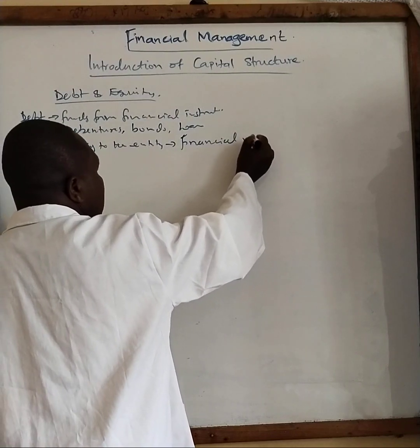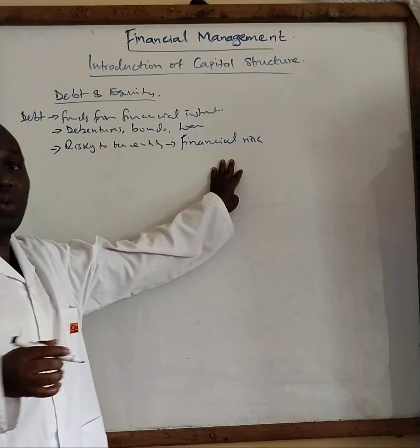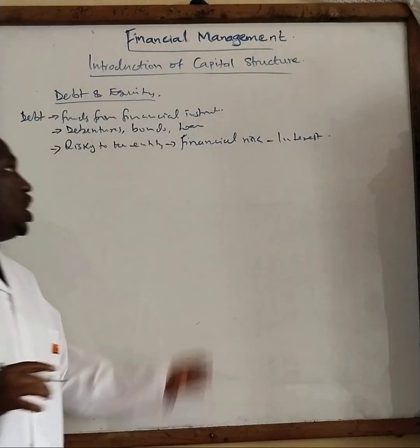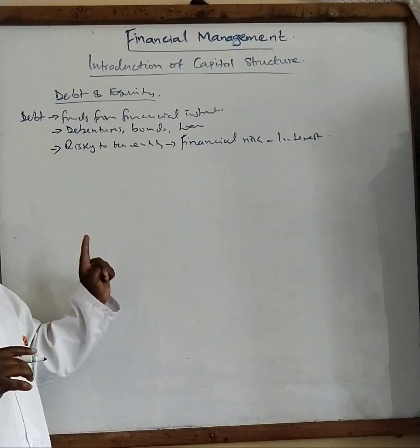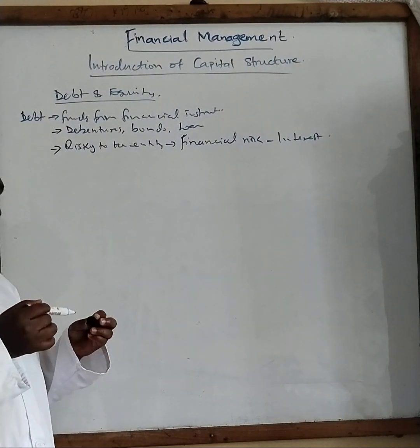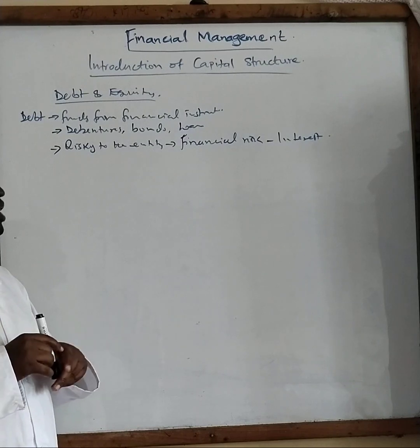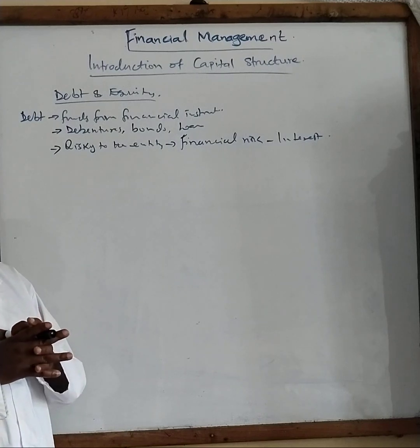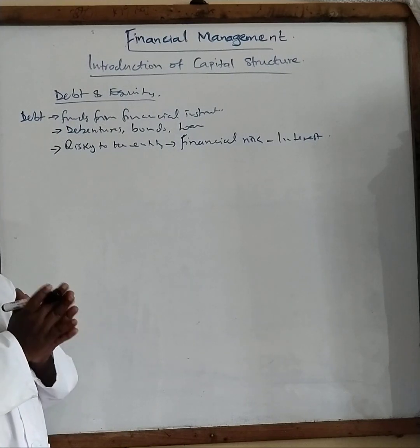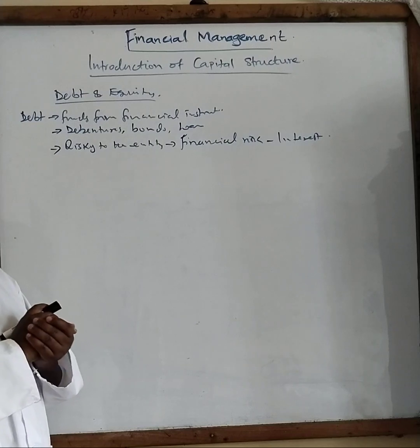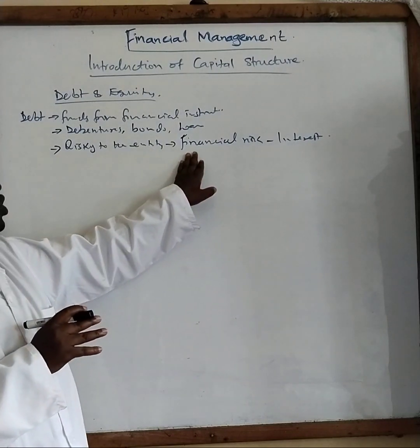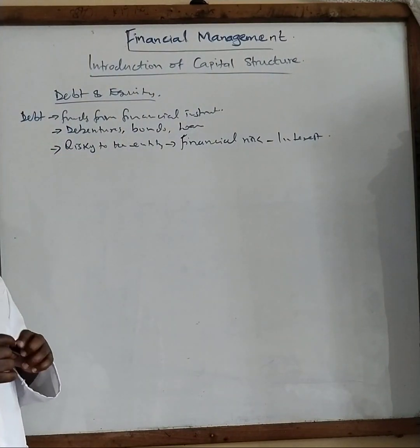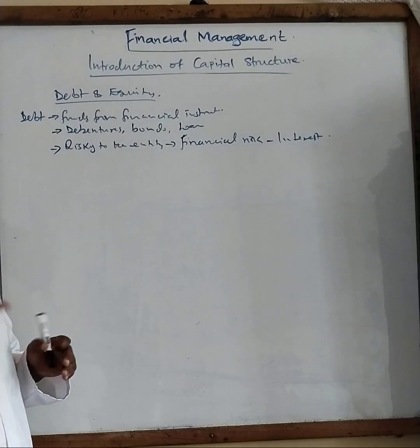And when we talk about financial risk, we are talking about repayment of the debt in the form of what? Interest. Repayment of that loan in the form of interest. In this case, it means that if the organization did not make enough profits for that particular year due to calamities or due to challenges that affected the business in that period, it means that the profits are not there, or maybe the organization has made what? A loss. Therefore, the organization will face financial risk because this debt that you have applied for is fixed and there is no negotiation. Once you have signed that contract, it is final.